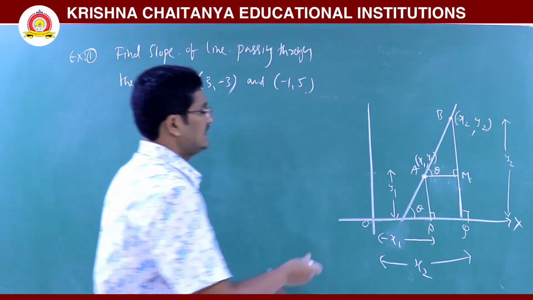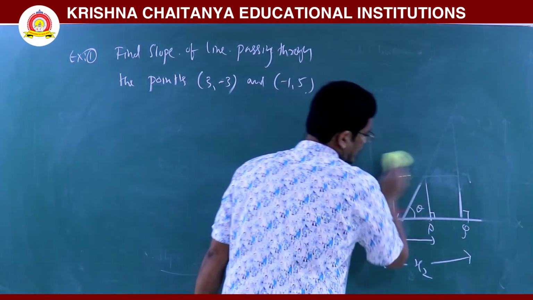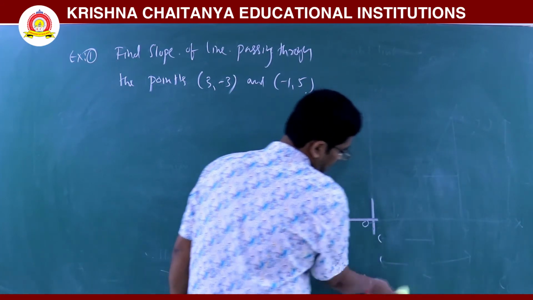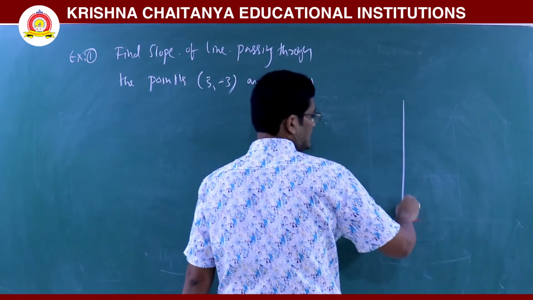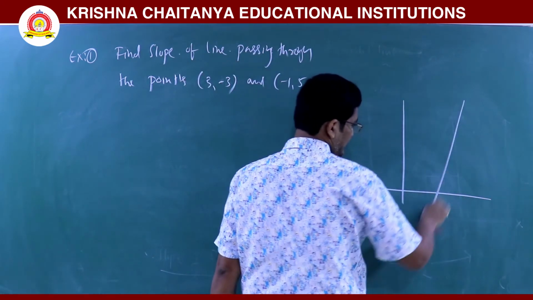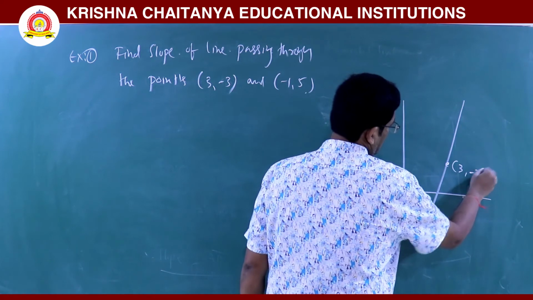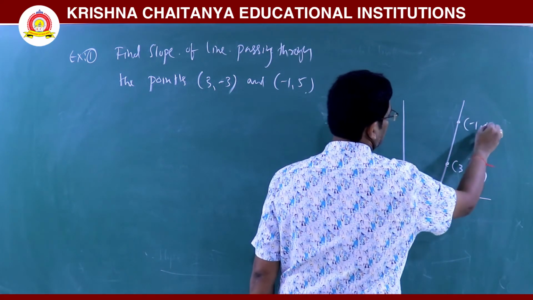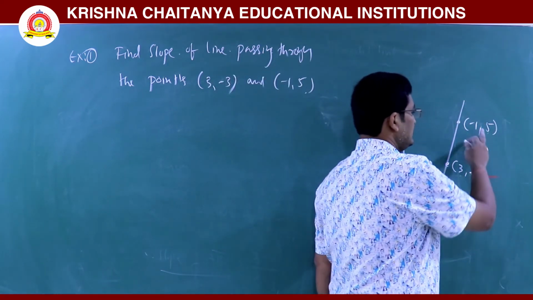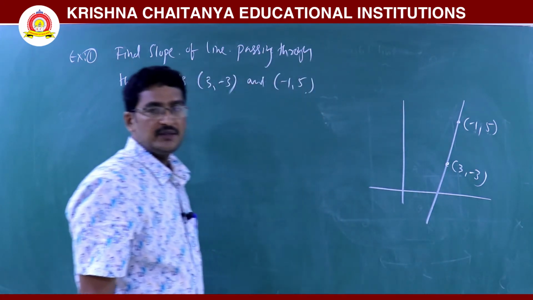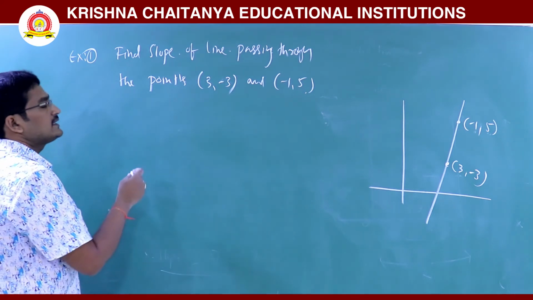So we have to find the slope of the line passing through these 2 points in the coordinate system. In the coordinate system, there is a line, and that line is passing through those 2 points. See, this is the coordinate system, this is a line, which is a rough diagram. It is passing through 3 comma minus 3, and through minus 1 comma 5. So what is the slope of this line is the question. We have to take this one as x1, y1, this one as x2, y2. Then the slope of the line passing through x1, y1 and x2, y2 is y2 minus y1 by x2 minus x1. By using that formula, we can calculate the slope easily.